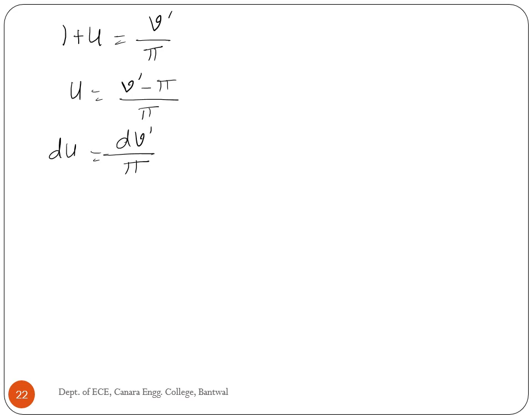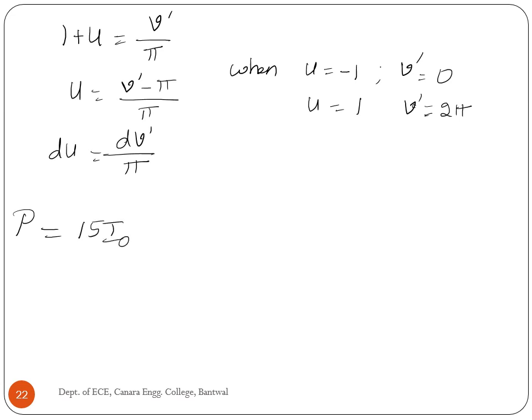Similarly, consider 1 plus u is equal to v dash by pi. u equal to (v dash minus pi) divided by pi. du equal to dv dash by pi. When u equal to minus 1, v dash equal to 0. When u equal to 1, v dash equal to 2 pi. Therefore, radiated power is equal to 15 I naught square